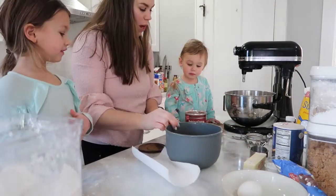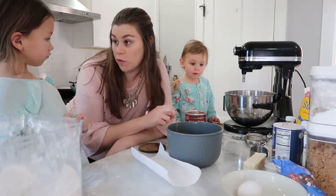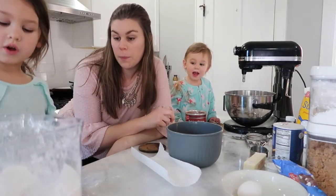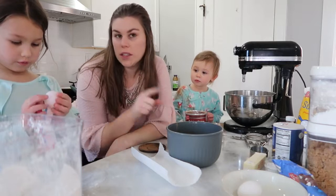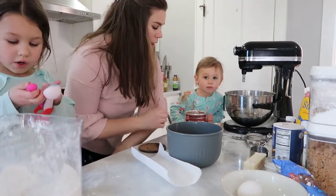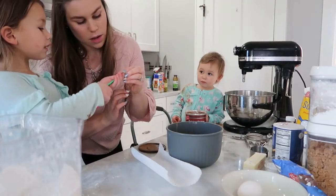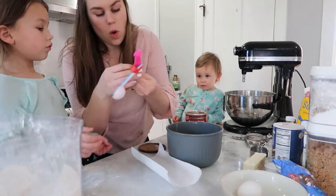nonetheless. Next, we need 1 teaspoon of baking soda. Can you find 1 teaspoon of baking soda from your thing? 1 teaspoon. It's the small t, not the lowercase t. Juliana, I found it, Mama. It's the green one. 1 teaspoon. Now look, this is